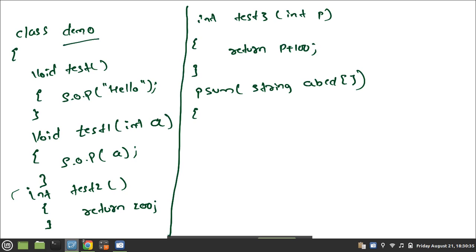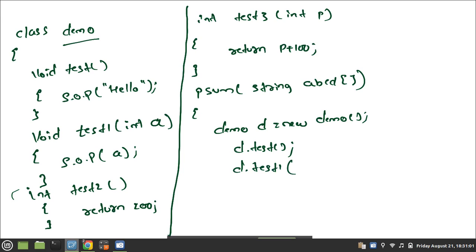So these all are methods present in which class? Demo class. So Demo d = new Demo(). Okay, now I will be calling the methods one by one. What is the first method? test is there, no return type, no parameter, so directly I will call it as d.test. The next one is test1, so d.test1, but test1 method is expecting how many values? One value of type integer, so I should write it like this, otherwise it will give an error.